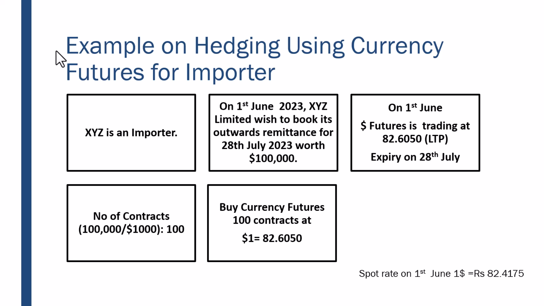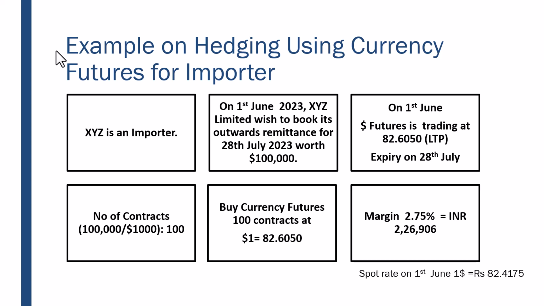I think the price will go up, and I am going to make money while I take a long position in futures. If I would have been an exporter, I would have taken a short position. I am taking a long position because I will make money only if the dollar goes up in the futures market. Okay, so that is what I am betting. But if it goes down, I will make a loss. But since I have an underlying import transaction, I will be hedged. Okay, I will not be making a loss or gain in a complete transaction. But if I am a speculator, I will make a loss or a gain, depending on where the dollar heads.